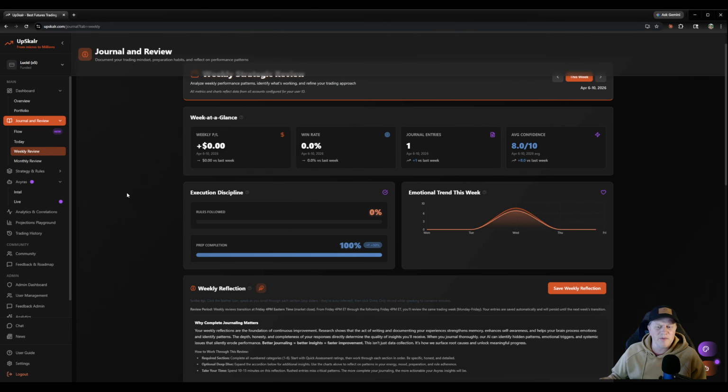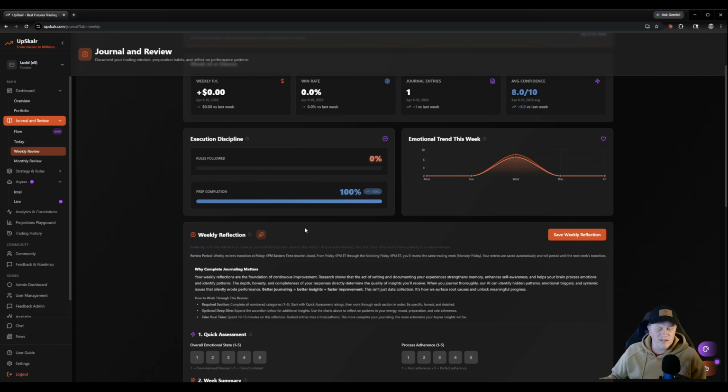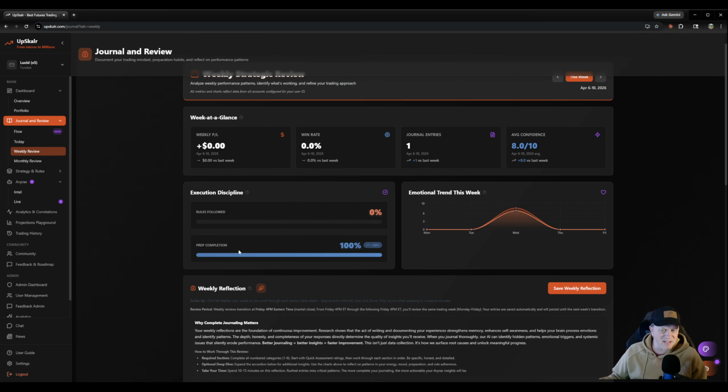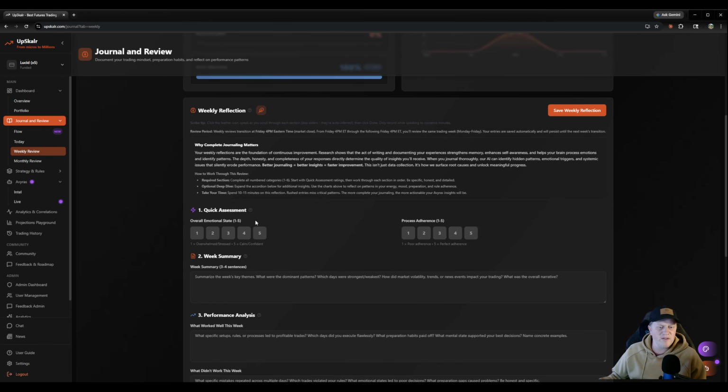And then in the weekly review, right, you've got a quick snapshot of how things went from a performance perspective, right? So the dollar performance, the win rate perspective, and this is a daily win rate, not a trade win rate. Your journal entries, right? How many days did you actually journal, right? What was your average confidence over the week, and so on and so forth. You can see, you get a little snapshot of the week,